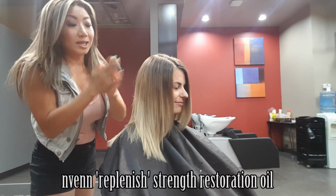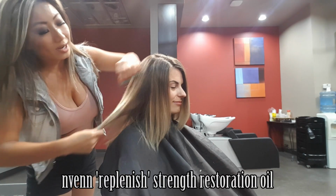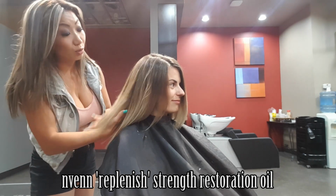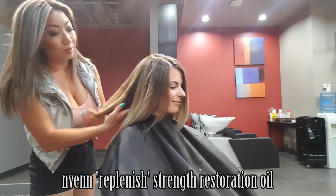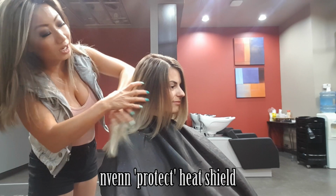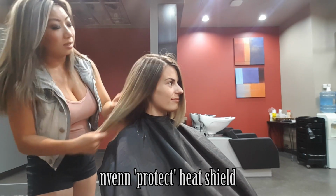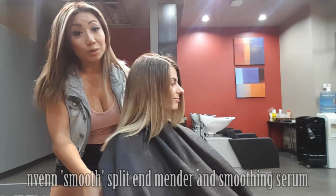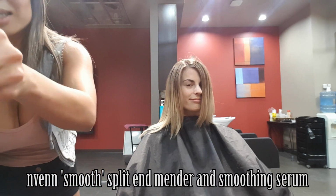The oil goes in and repairs the hair. I blow dry it in. Great for color corrections and any color. It makes the hair super soft, and it's a restoration oil, so it improves the strength. Okay, heat protection is from Protect. So we put that in between every layer of heat. And this last one is Smooth, which this goes in and just